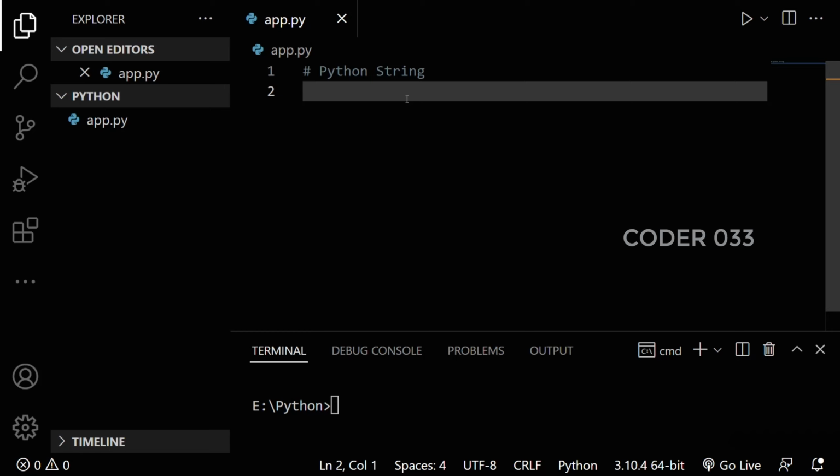Okay, in this lecture we are going to learn about Python strings. What is a string? A string is a collection of words or a single word that is enclosed in single quotes or double quotes. Okay, so here A is equal to Naren,